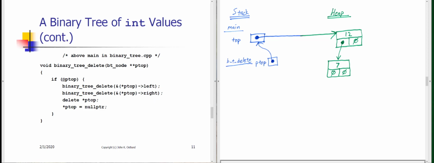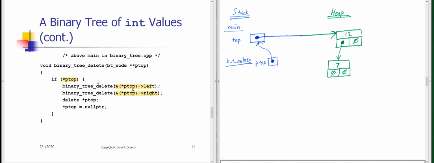What we need to do, if the top of the tree has a node in it, recursively we will need to delete the left-hand subtree first, and after it's been deleted we'll then need to delete the right-hand subtree next. After both the left and the right-hand subtrees have been deleted, we'll be able to delete the topmost node from the tree and then set our header node equal to 0. All right, so let's step through this